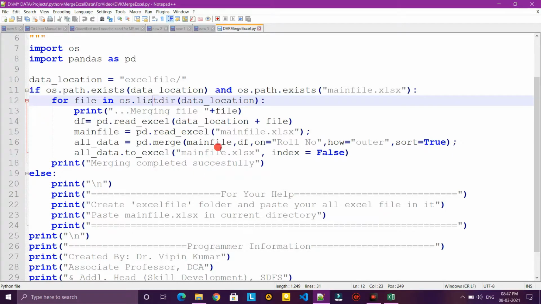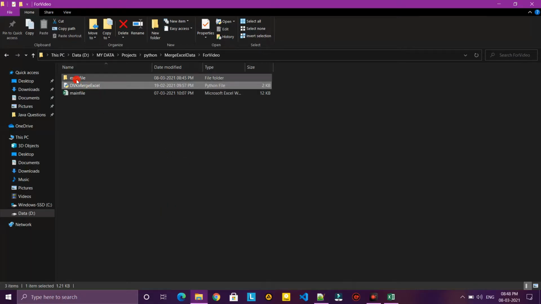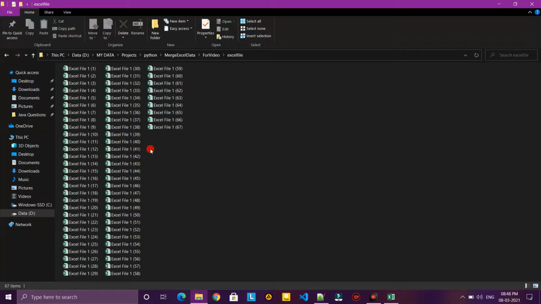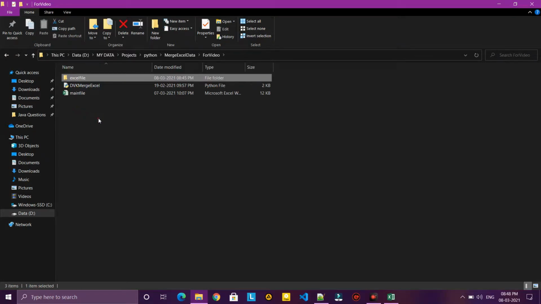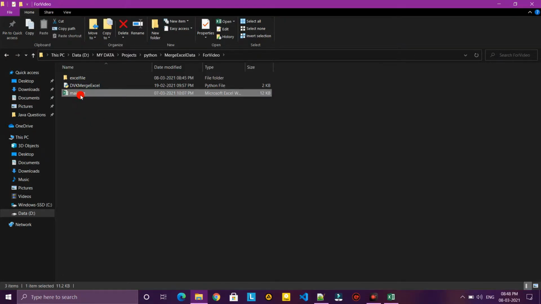And one by one, on the basis of the roll number given, the data from the files available in this Excel folder will be merged automatically into the main file.xls. That means this code will read each and every file from this folder, read all the information available in these files, and all the data as per the roll number will merge in this main file.